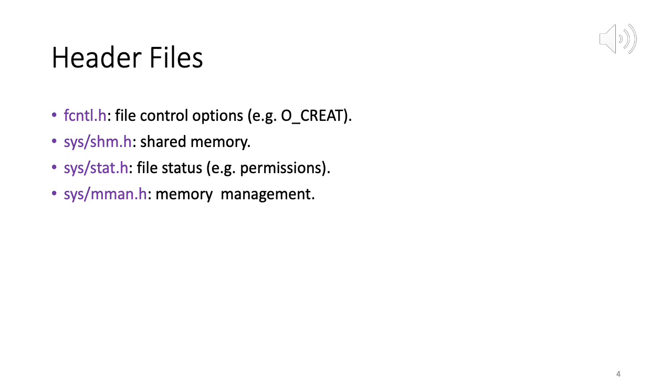So it would be a good idea to just read up. I mean, there are a lot of details given in these man pages. You don't have to understand each and every one, but at least you should know the definition and what that particular header file does. What are the functions inside it? At least by name you should know that. Okay. So these are all the header files that we will need in our C program.